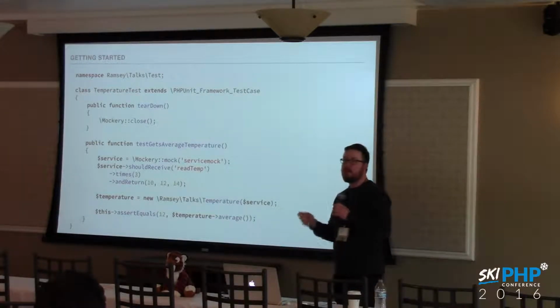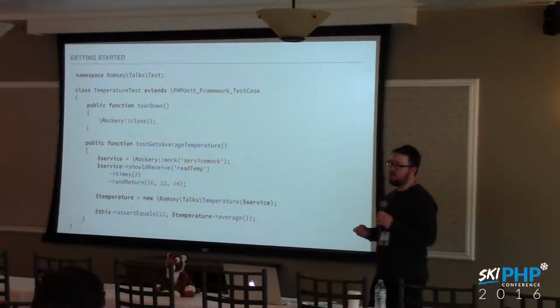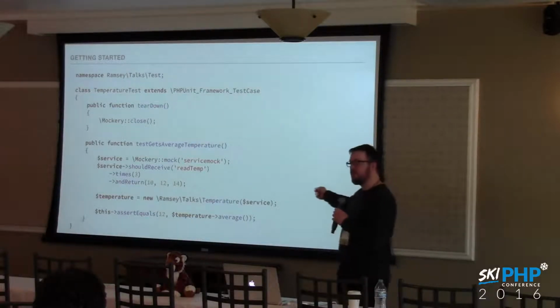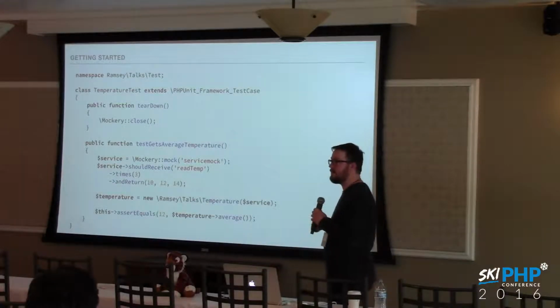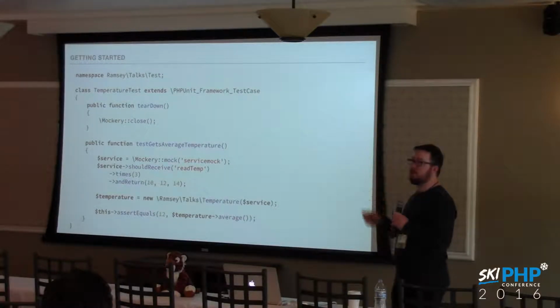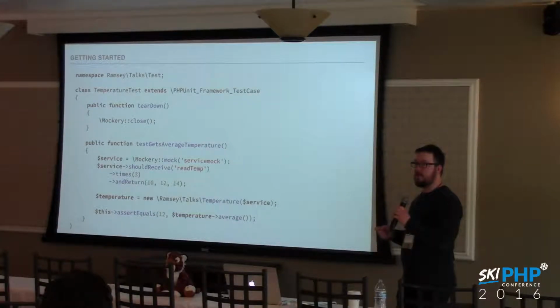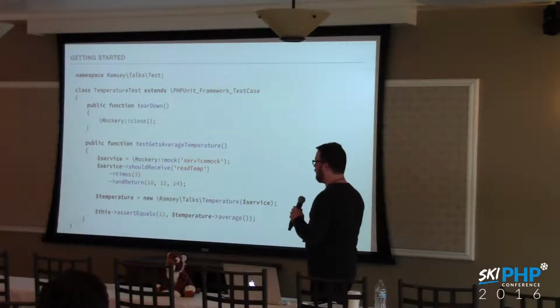At the end of each test run, Mockery needs to clean up after itself. And this might not be important for this particular example, but later we'll talk about how you might need to run some tests in isolation. And when you run a test in isolation, Mockery has to clean up after itself so that some of the objects or the classes it creates in memory don't stick around for the next test that gets run. So that's why you need the tearDown method here. So that's a critical part of Mockery.